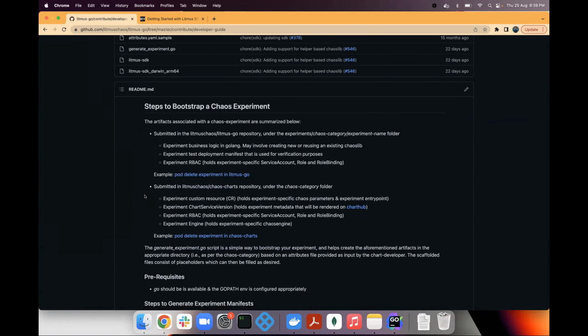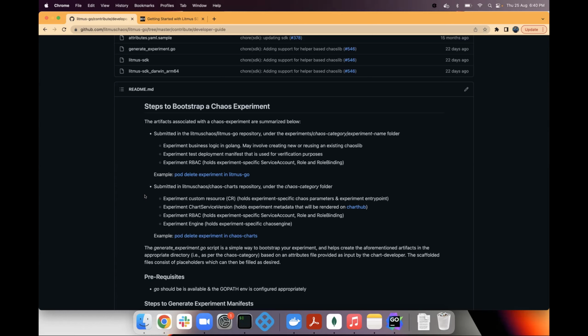And also for the SDK generation, we are generating a default chaos lib, which can be generated in two ways. One is the exec-based helper. In exec base, you can provide some chaos kill command and chaos inject command, and you will provide your application details. It will run those commands inside your target application.